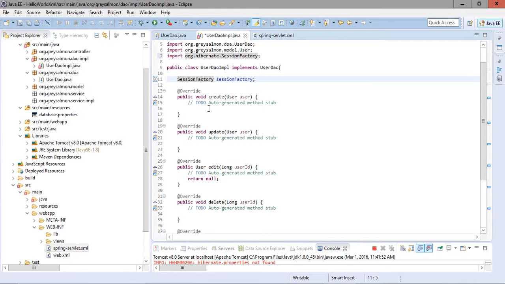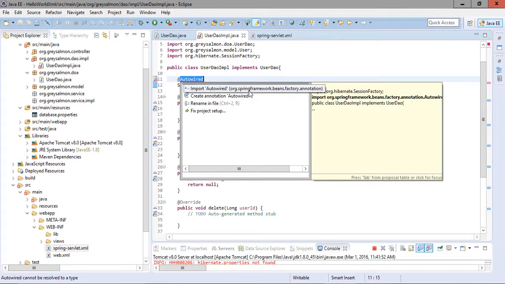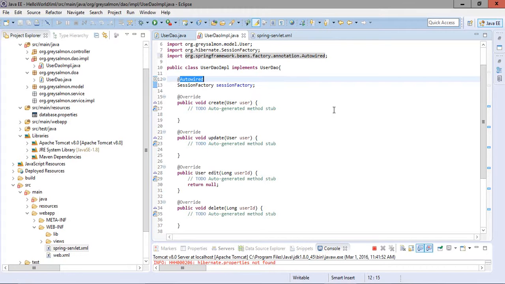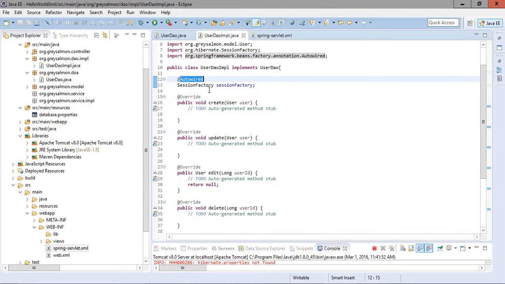Now I will use the autowired annotation, so that when this class is loaded into the IOC container, whatever bean is created in the IOC container, that is the session factory bean, should automatically be autowired within our class UserDAOImpl.